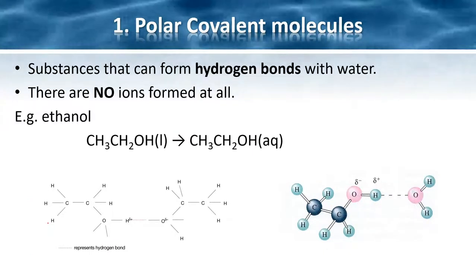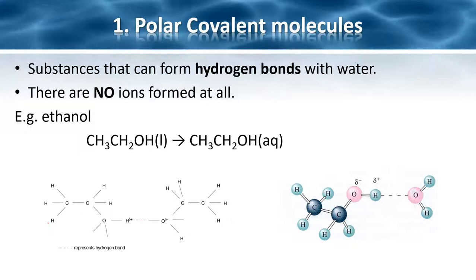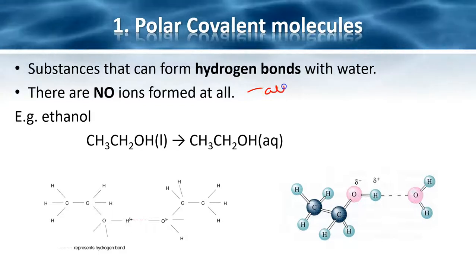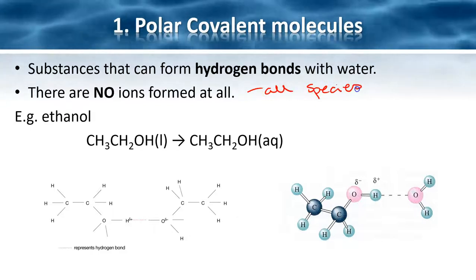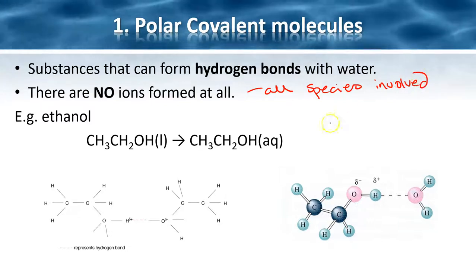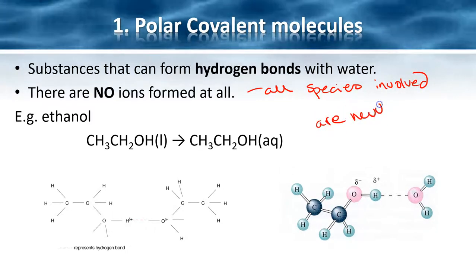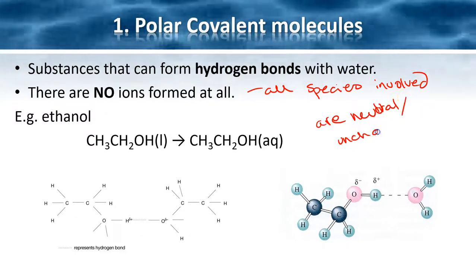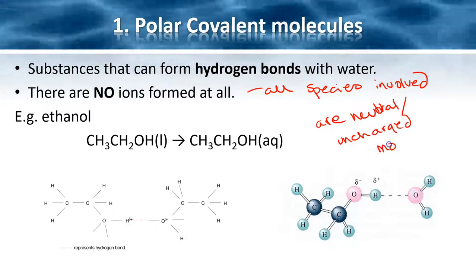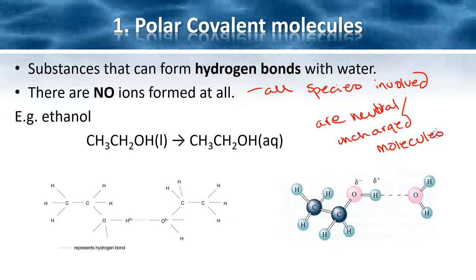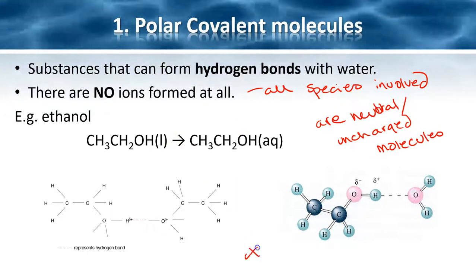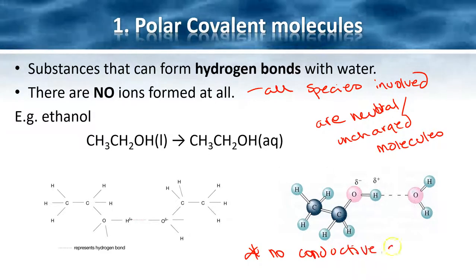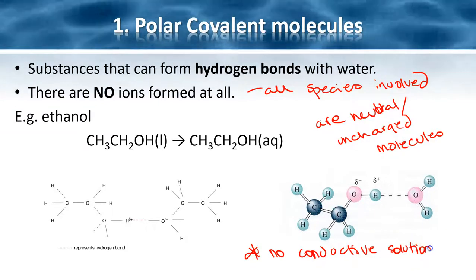So polar covalent molecules, okay, these of course are substances that can form hydrogen bonds with water. There are no ions formed in these at all. All species involved, okay, are neutral, uncharged. Okay, so neutral, uncharged molecules, which means that if there are no charged particles, then these are not going to conduct electricity. So these are going to be non-conductive solutions, okay, because we don't have any formal charges or delocalized